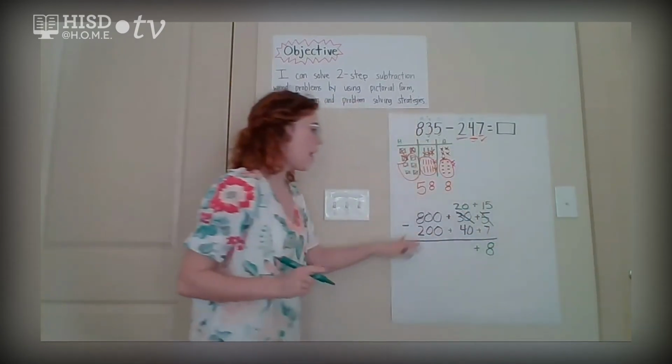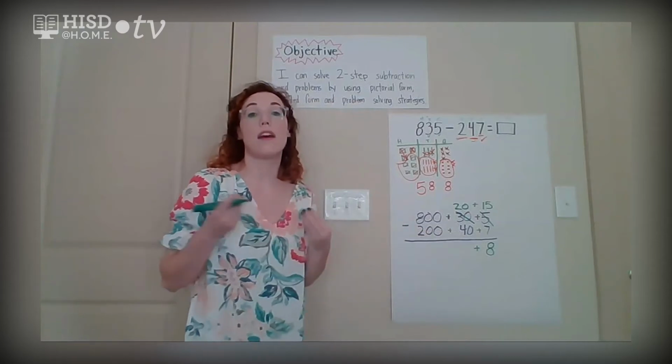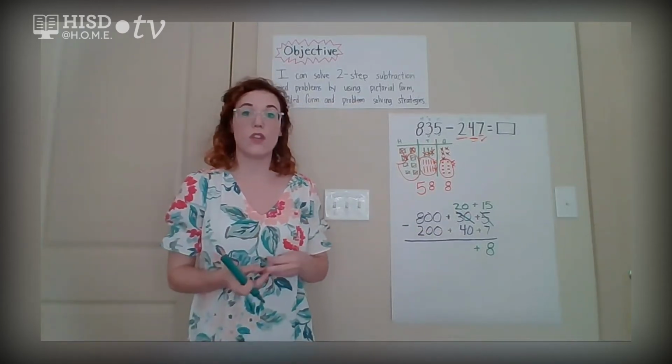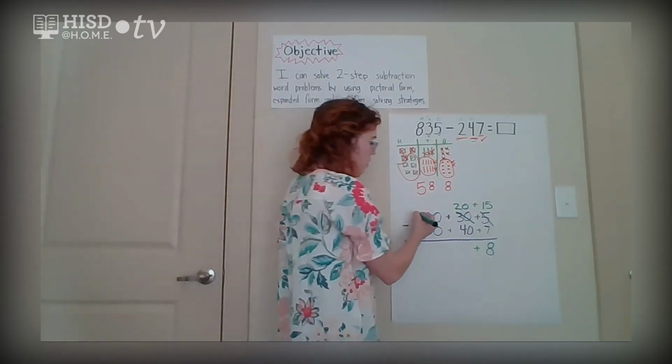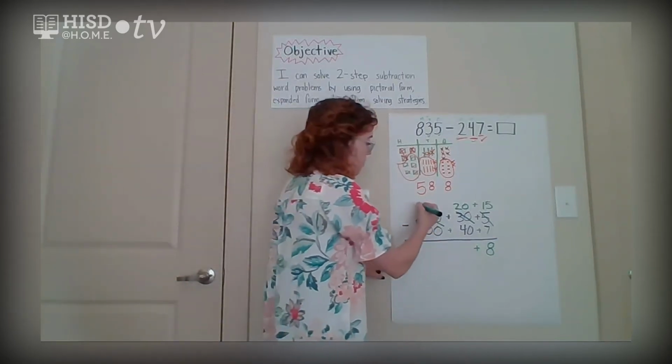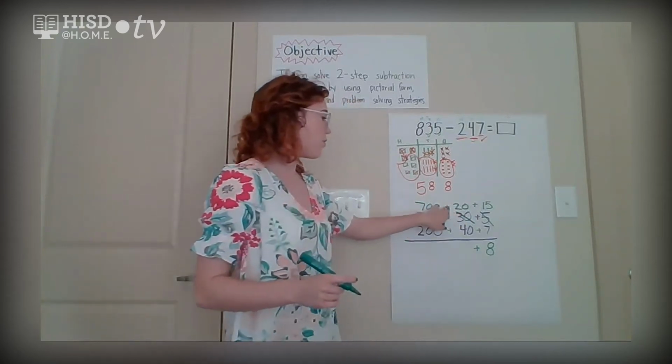That addition sign. If I have 20 and I'm trying to subtract 40 away, I don't have enough. I don't have enough to work with. So I need to also regroup like we did over here. Remember, we took one of those hundreds. So instead of 800, I'm going to write 700. And we're going to turn from